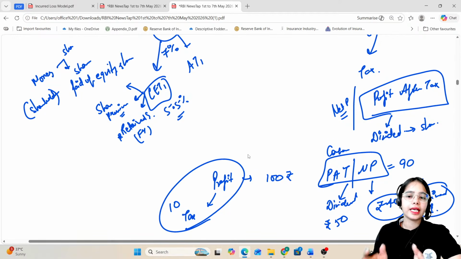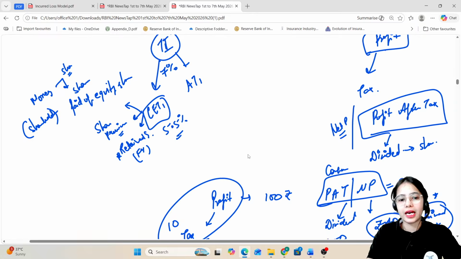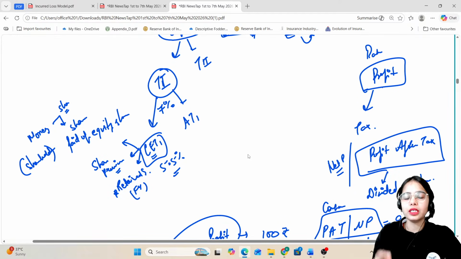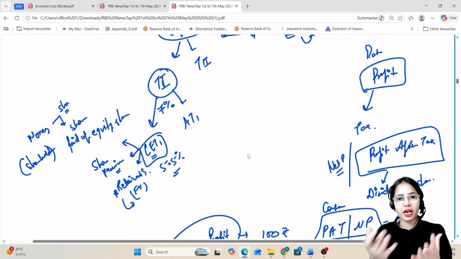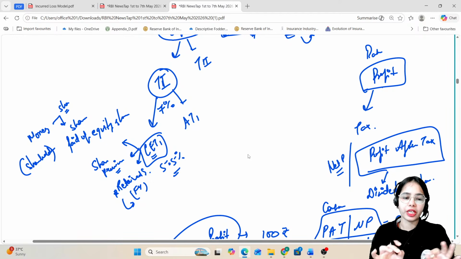This is the basic idea: from the profit after tax, from the net profits, the dividend has to be paid out to the shareholders, because shareholders have invested in the shares. A part of the profit has to be paid to the shareholders, and whatever is left is the retained earnings, or the undistributed profits. These are the liquid funds that the bank or the company has. So the retained earnings also come under the most liquid capital, that is the common equity tier 1 capital. At the end of the financial year, whatever part of the profit is left with the bank is added in the common equity tier 1 capital.